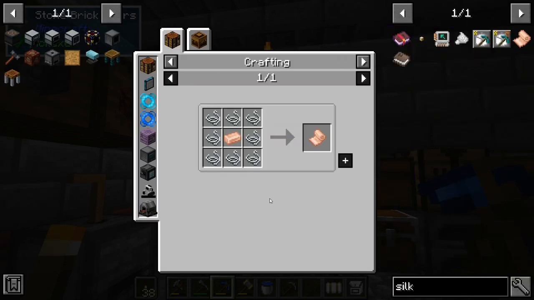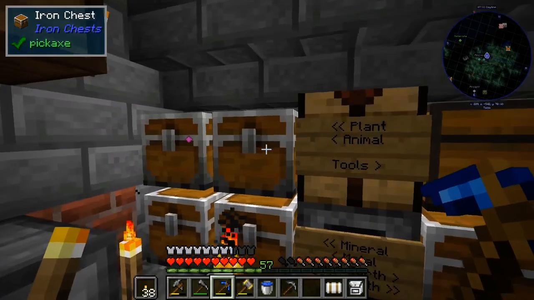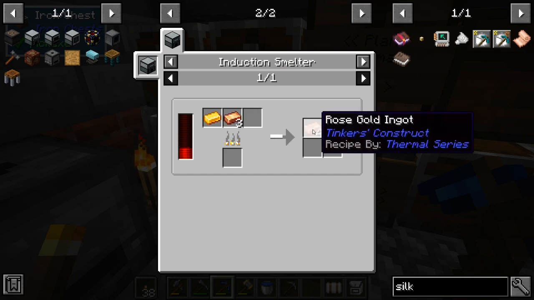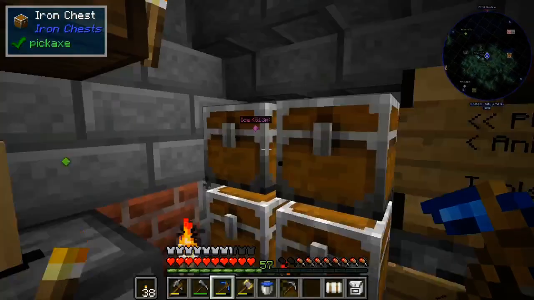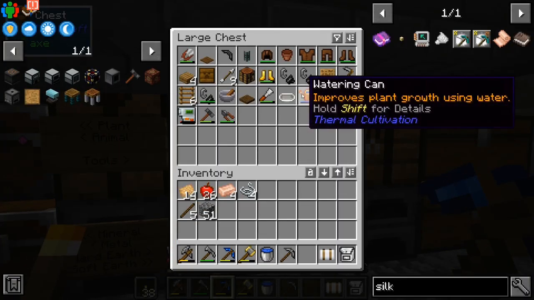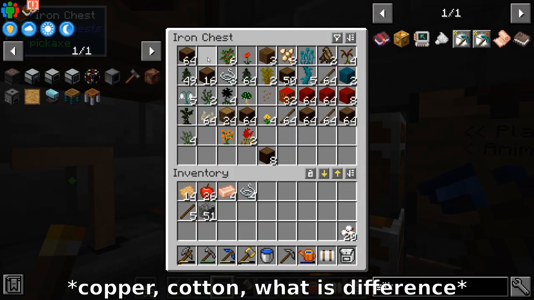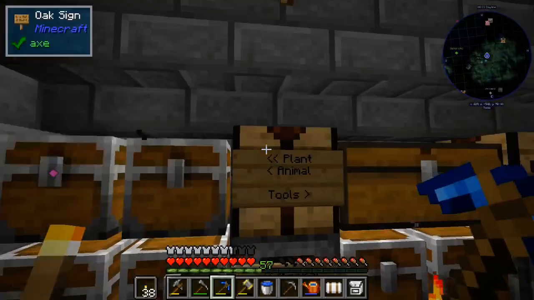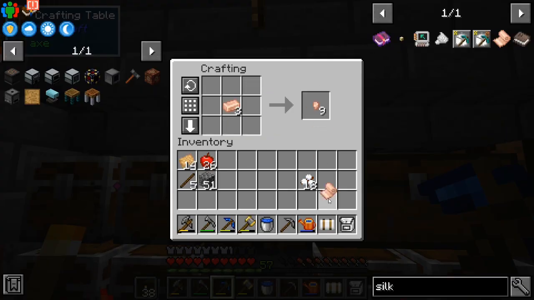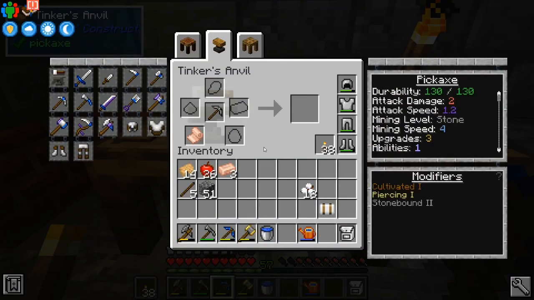And for that, we'll need a silky cloth. Just some rose gold and some strings. And rose gold is simply 1 gold, 3 copper. It's a Tinker's Construct alloy, but we can do it in the induction smelter, so why not? We'll need a few more strings. So, but do we have any spare bits of copper? Copper? Cotton. Yep. Oh, we have string in the wrong place. We're certainly never going to find it there. That plus that equals that. And that plus that, hopefully,